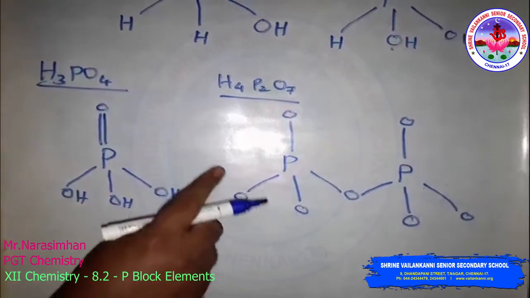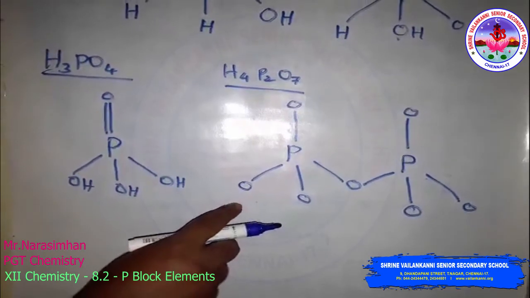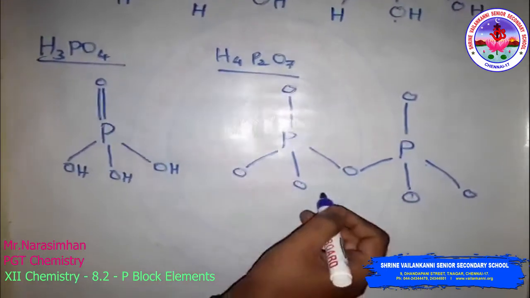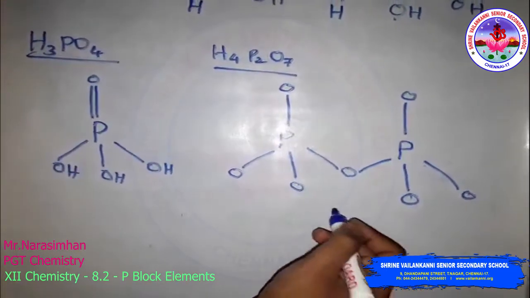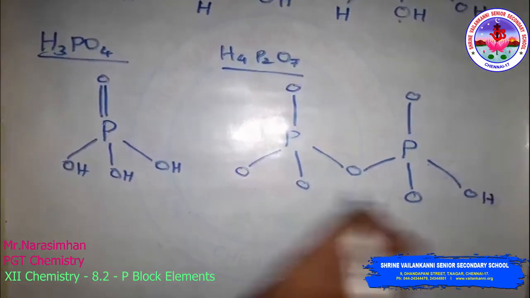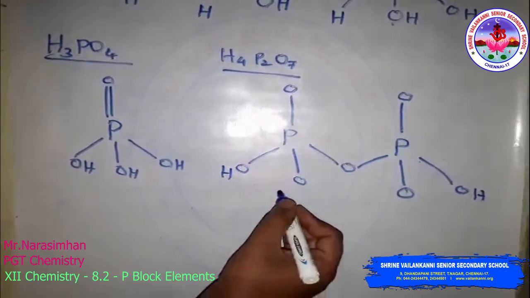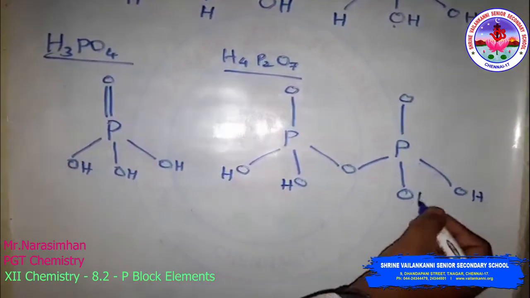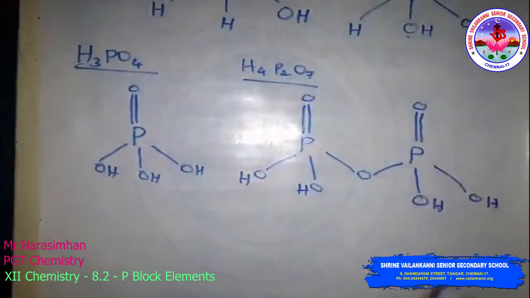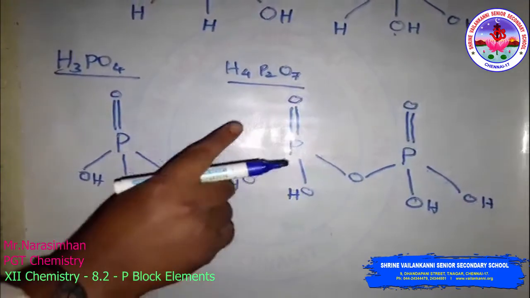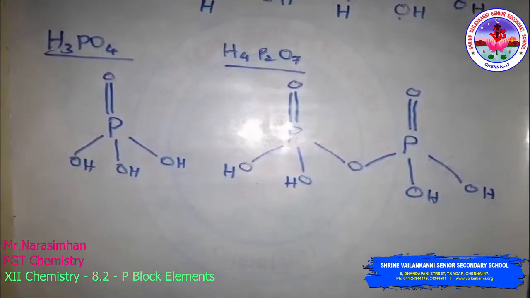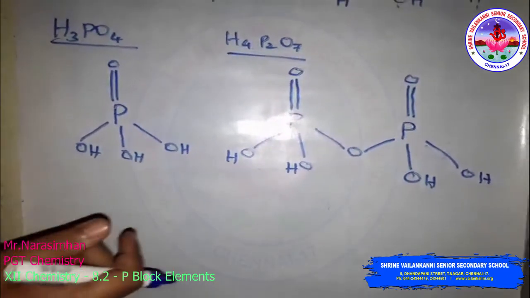Then the hydrogen atoms. The number of hydrogen atoms is 4. So you have to put the 4 hydrogen atoms here. You can write hydrogen and one more hydrogen here. Similar way here also, OH, OH. Then this double bond. So this is called pyrophosphoric acid, H4P2O7. Then the fifth one is